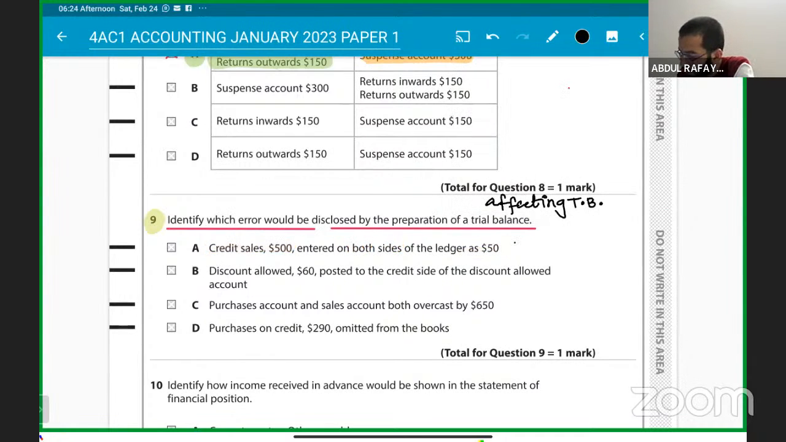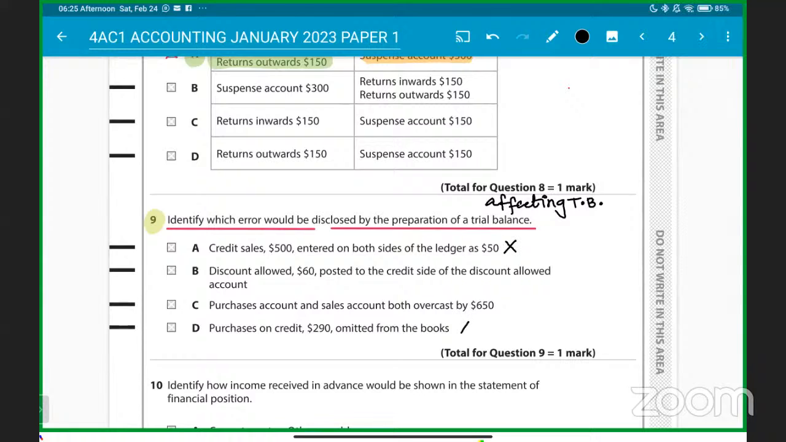means debit will equal credit. So this will not affect the trial balance. In option A, the debit side and credit side both have $50, which means it will cancel out itself. So this error will not affect the trial balance. Understood? Similarly, if I read this,